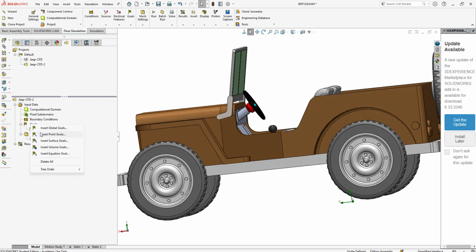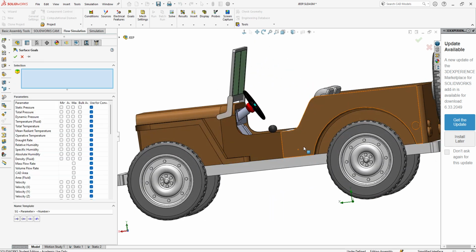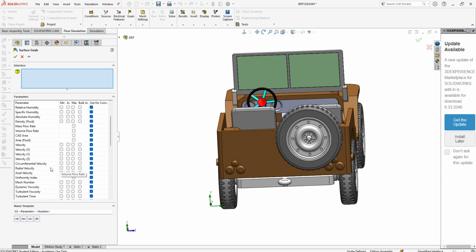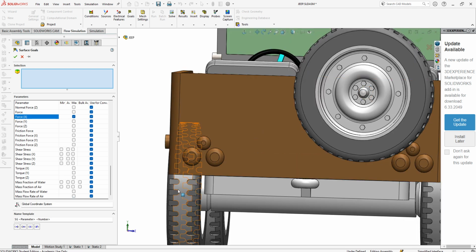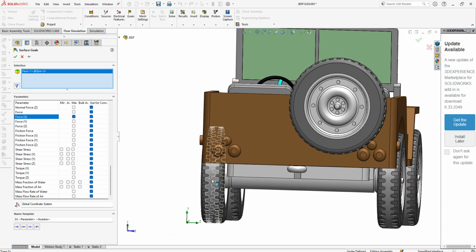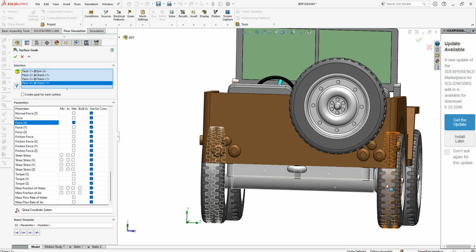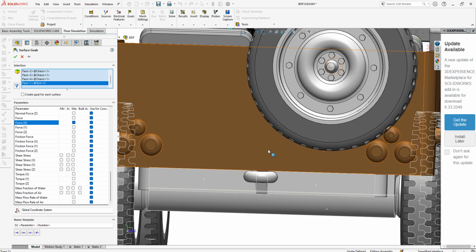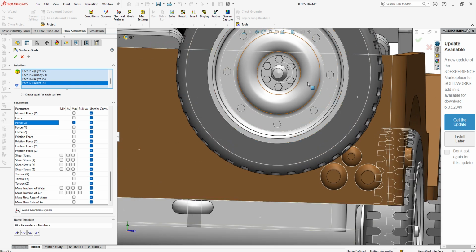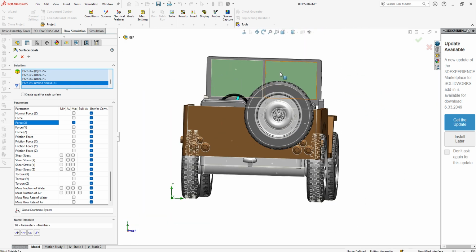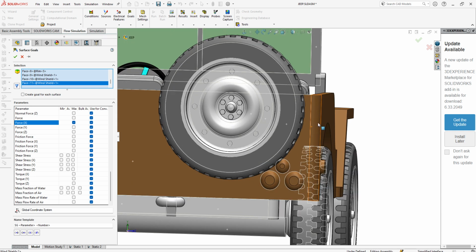Another goal is forces for the back, so insert surface goals. We'll go as well force in the X direction, and then I'll select the following, as well as possibly